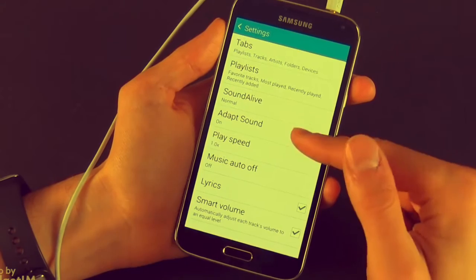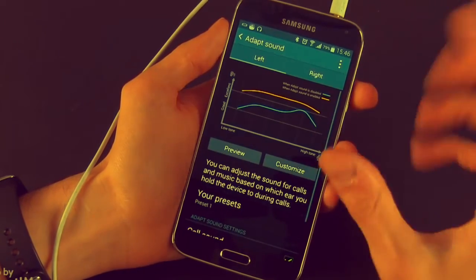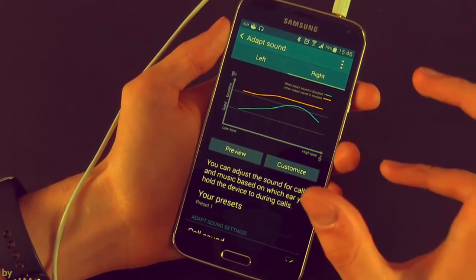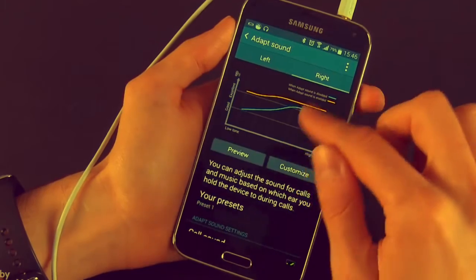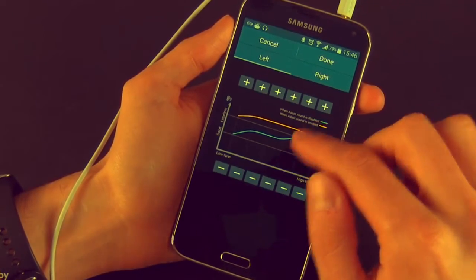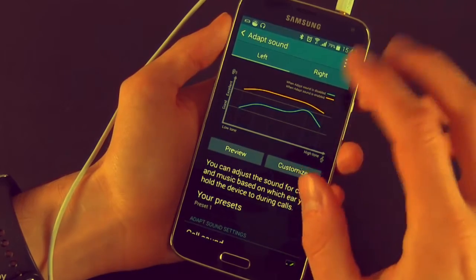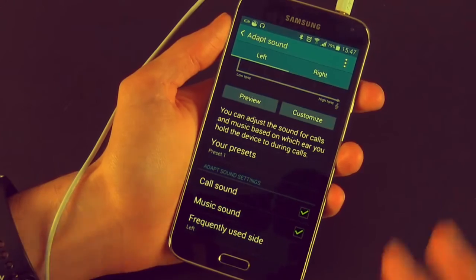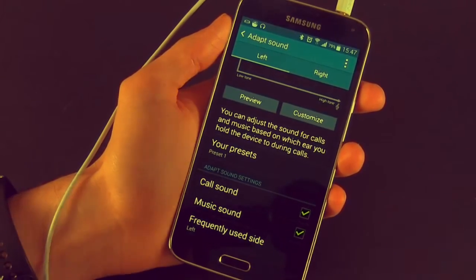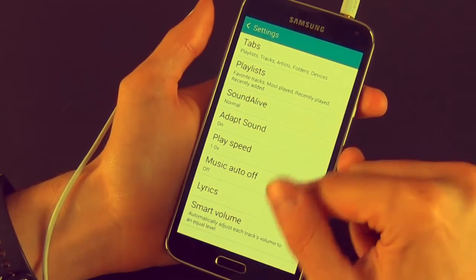Okay, so you can see that they're active in this case. Adapt sound is quite nice because it adapts the sound that's coming out of the headphones based on what you hear and what you don't. You need to go through this first setup test. It takes a couple of seconds, and you will hear different tiny sounds, and you will have to tell the software if you can actually hear them or if you don't, and it will adapt the sound based on